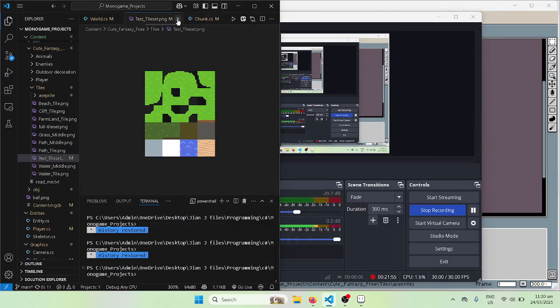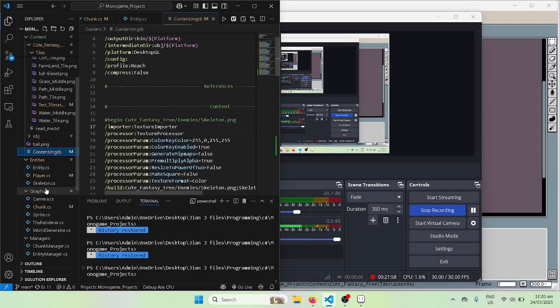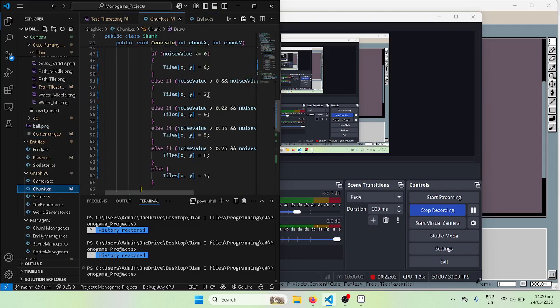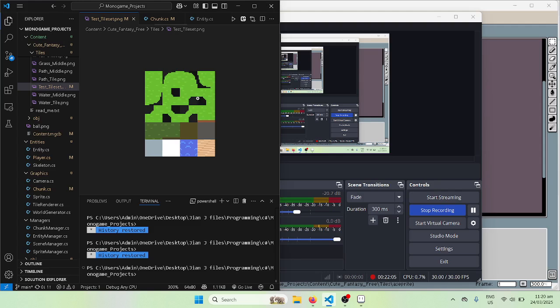Alright, now it's different. And the generation should also be quite different as well. So when I go to chunk, I'm setting up different values here. So basically this is ground, 1, it's 4 by 4. 1, 3, 6, 3, okay, so 4, 8, 12, this is 12, so it's 11, 12, this is 12, 16, this is 15,